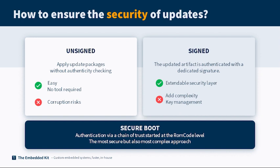If I deliver a package, I accept all update packages without checking anything. It's easy, it does not require tool signing, PKI, certificates, or private keys, but there is a big risk of corruption or